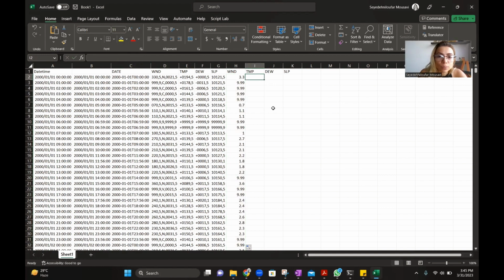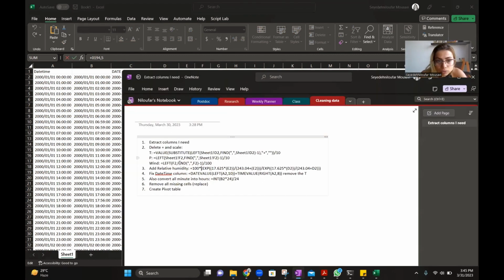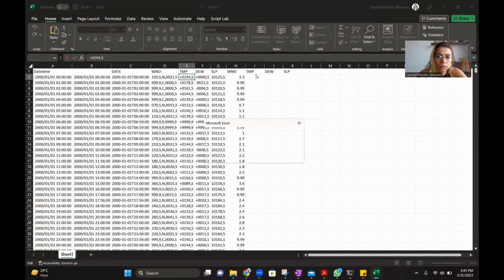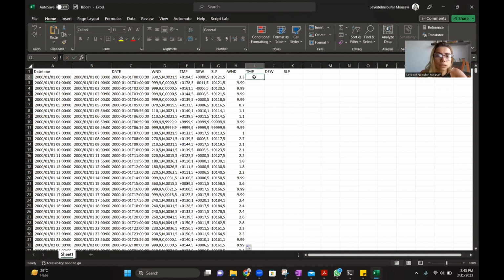And then for temperature, I don't want this plus. This is quality. I don't want anything after the comma, and this is scaled by 10. So I want to divide it by 10. So to make things easier, you can always have a note and just put it here. So you can just copy and paste and you don't have to type it every time or think about it every time. So what I'm going to do is I'm going to go to my new tab. And I'm going to press that. Oh, the only thing is that